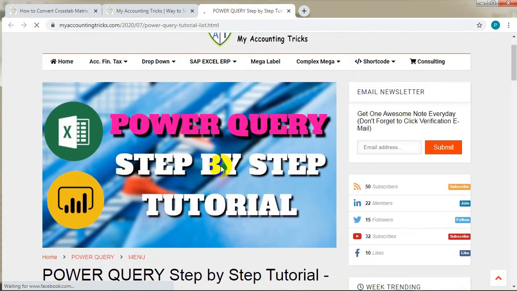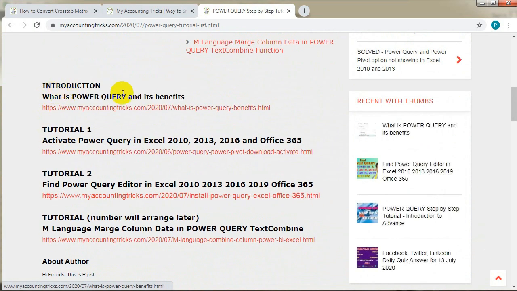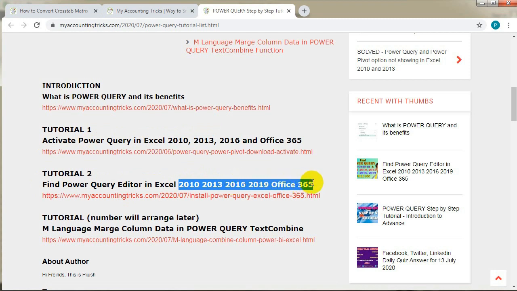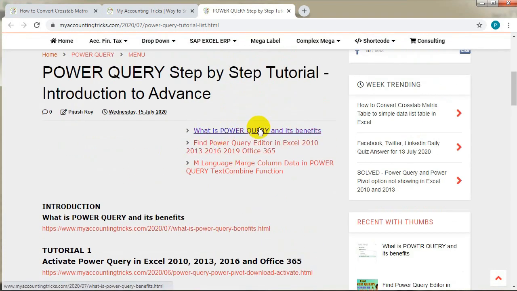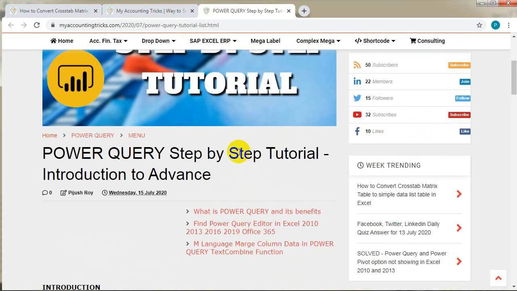You see the article: what is the introduction of Power Query, how to activate Power Query in Excel 2010, 2013, how to find the Power Query editor in Excel 2010, 13, 16, 2019 and 365, and I will add another article below this. Please find the link. Don't worry, I will share it in the description of the video.